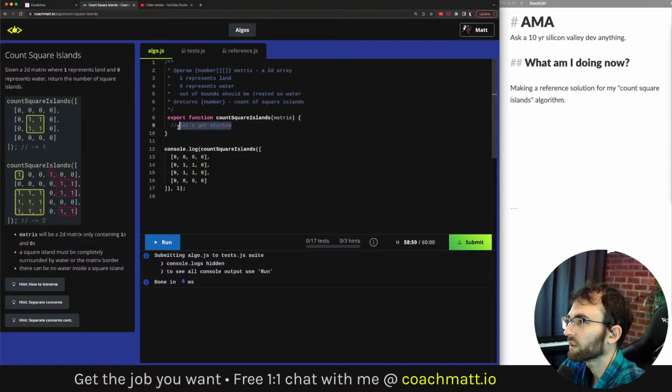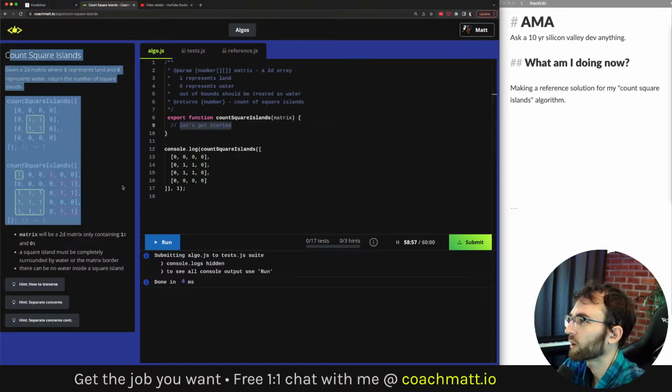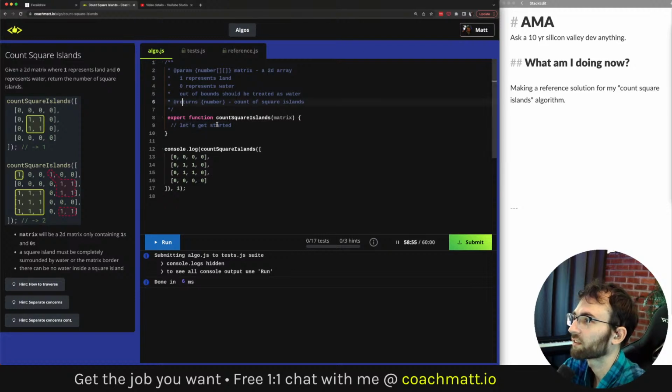So let's forget about the specifics of this prompt right now. Let's get this algo.js script working such that it is finding the number of islands. If I run this, it's going to fail a bunch of tests because we've changed the problem definition.